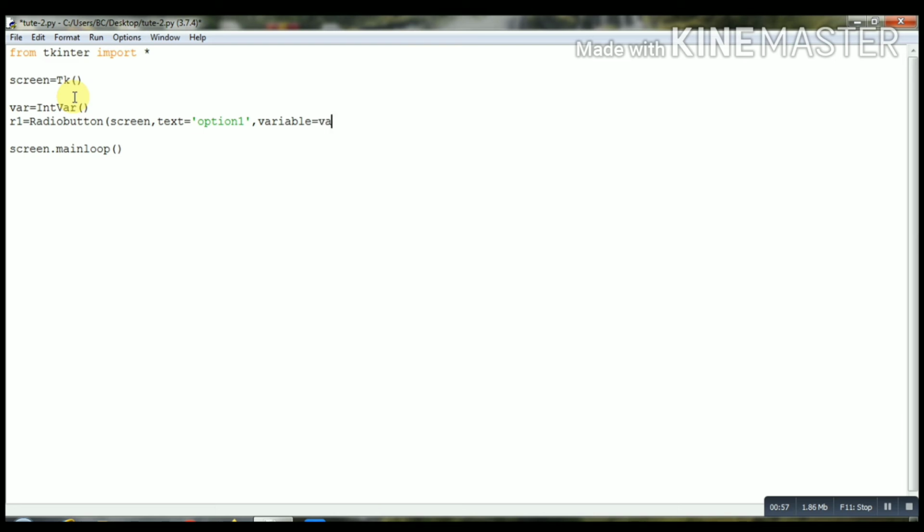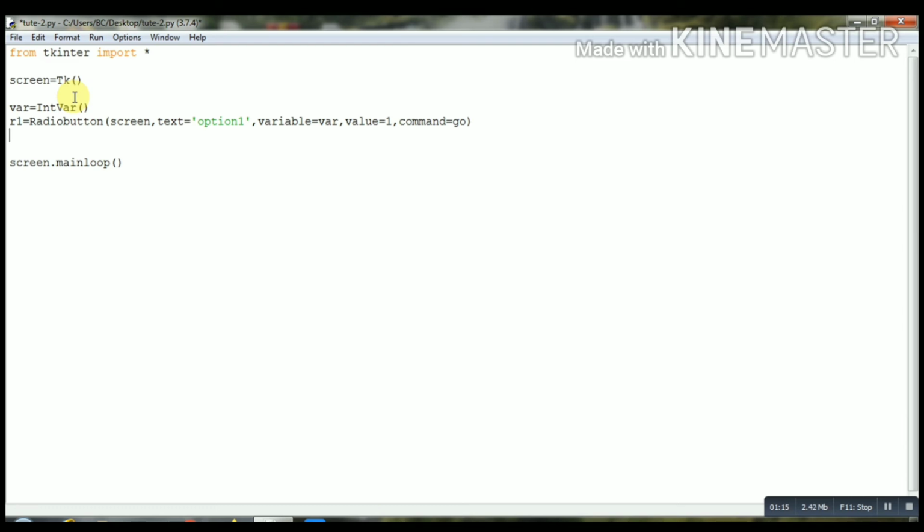Now give its value as 1, and command give it as go. Let's name a function go.